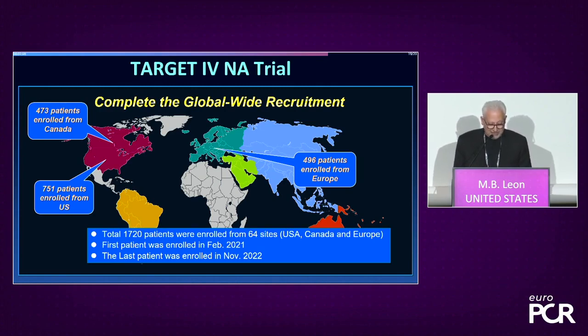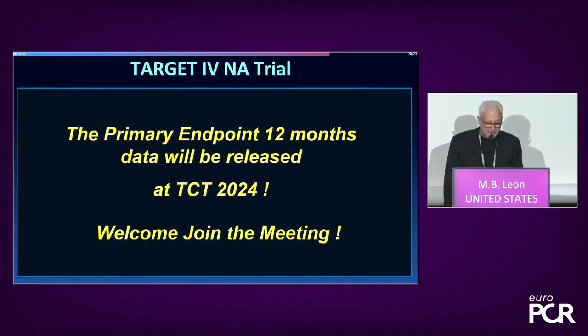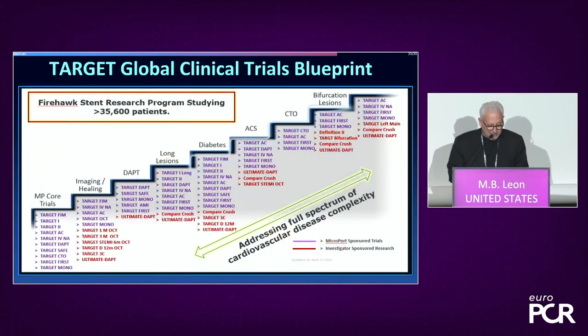And we're very excited to be able to see the endpoint of this important clinical trial that we hope to present at TCT next year. So we are very excited to see what has been a global clinical trial blueprint with this very interesting and important drug-eluting stent that really spans the breadth of geographies, lesion complexity, pharmacotherapy alternatives, with a patient population of over